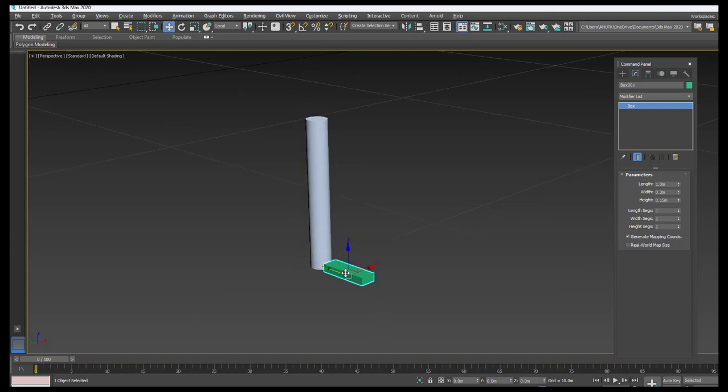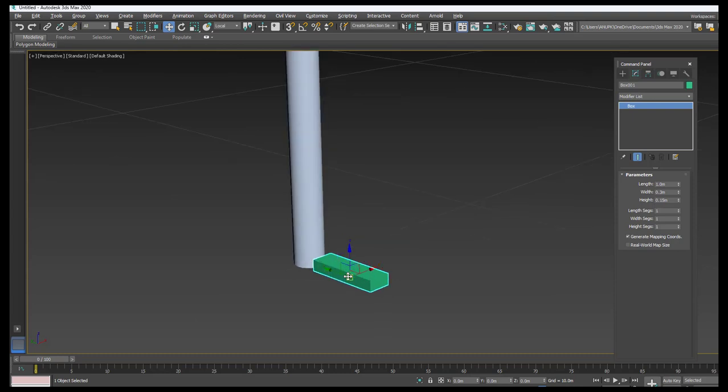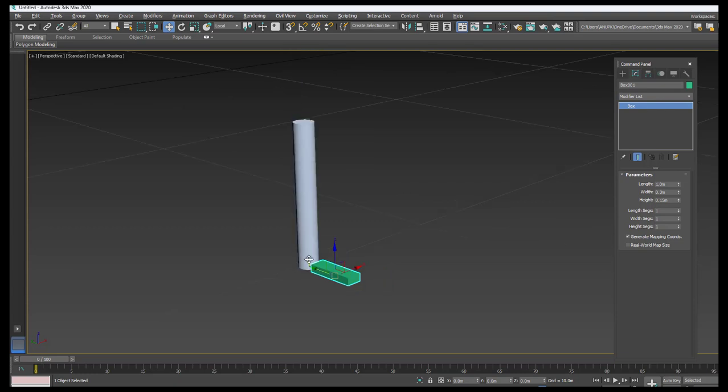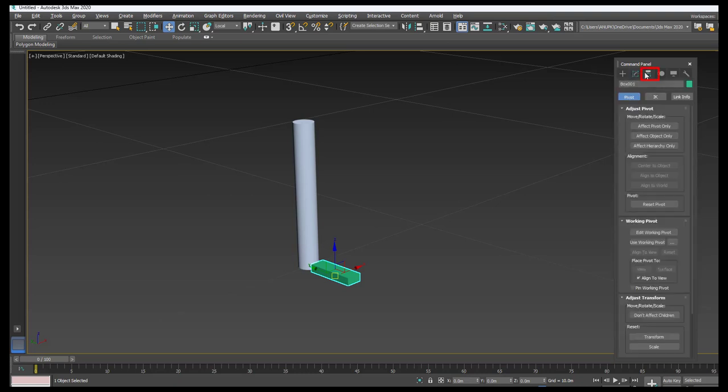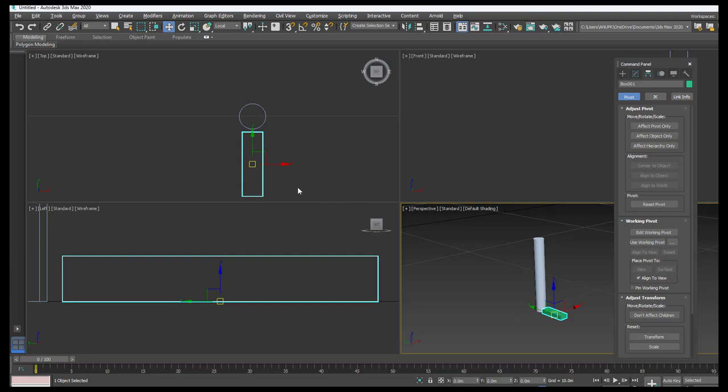Now before doing the polar array, I just want to keep the center point of this rectangle at this cylinder, meaning I want to make the center of the rectangle coincident with the center of the cylinder or post. For that I use the hierarchy tool. Select this one and then here we have the hierarchy option, and then you go to the top view. Next you click on affect pivot only, then you will get the pivot symbol. So I want to make this center point of the rectangle coincident with the center of the circle.